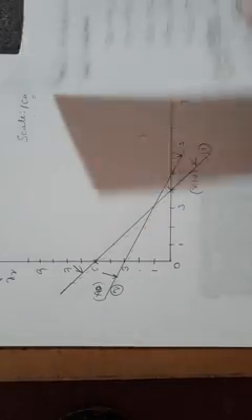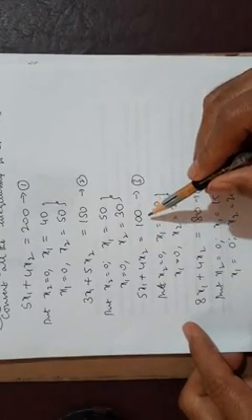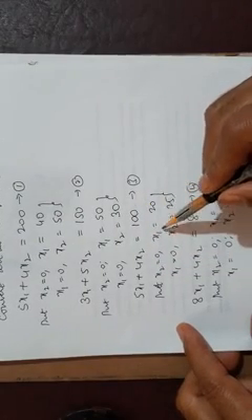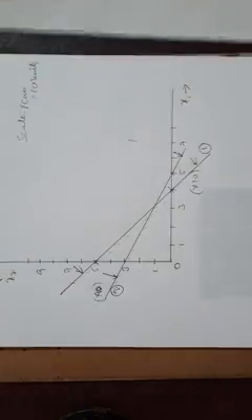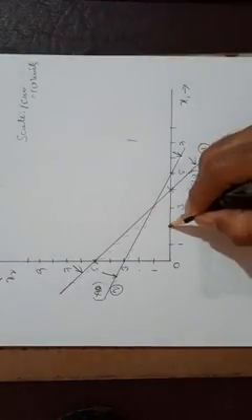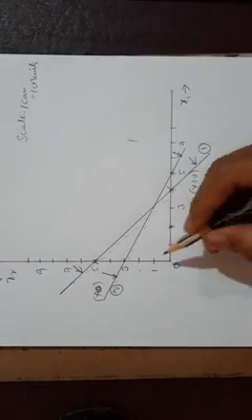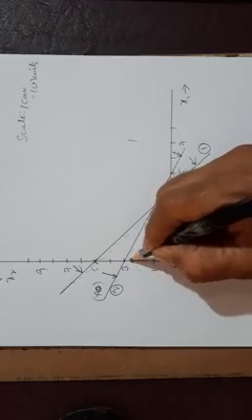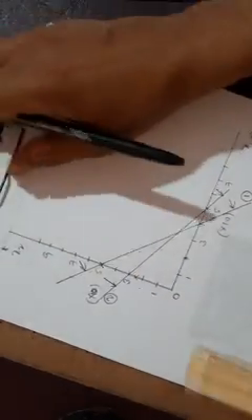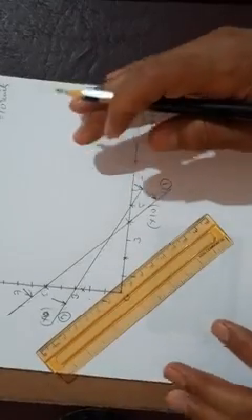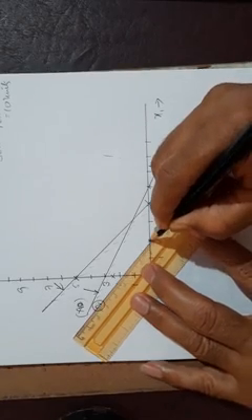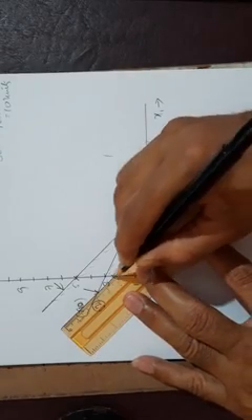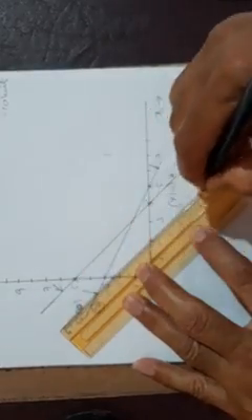Then we have the third equation, 5x1 plus 4x2 equal to 100. If I put x2 equal to 0, I get x1 equal to 20, and with x1 equal to 0, x2 is 25. So x1 is 20, the second centimeter point, and x2 is 25, between 2 and 3. Sorry, it goes out of the camera range, I need to keep track of that. So we'll connect these two by a straight line.